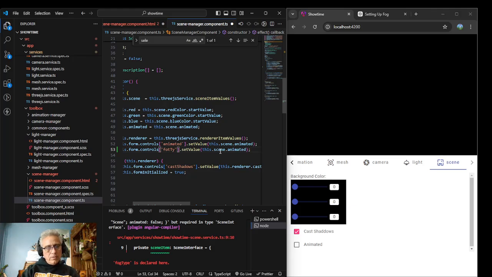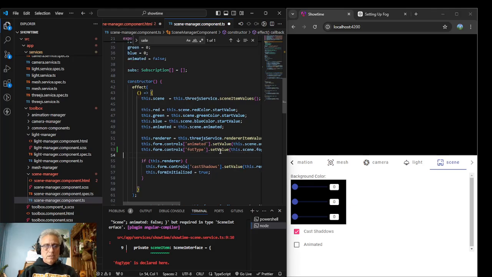Oh, okay, yeah, I have one. Form control, fog type, set value, this scene. Fog type. So that is nice. That validates me a little bit. And then if this dot render,